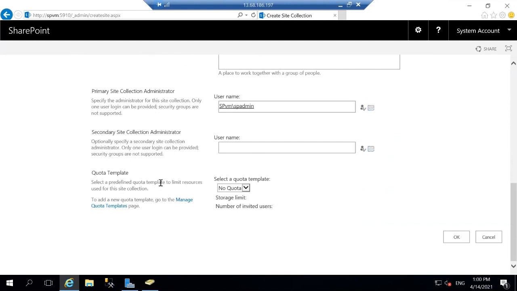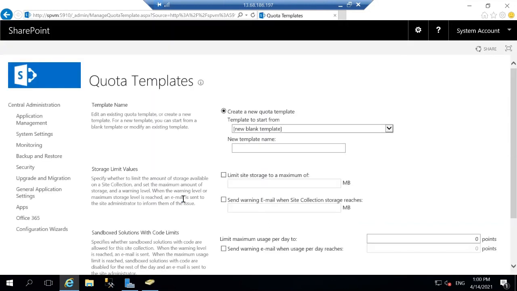Now for defining how much space I'm going to consume on my SharePoint, I can also define a quota. What does quota mean? Quota is allocated by top level